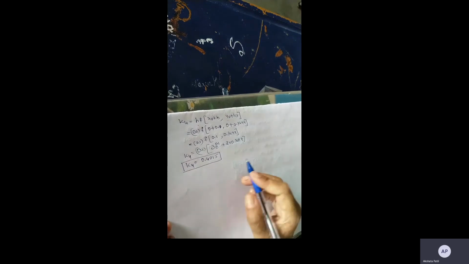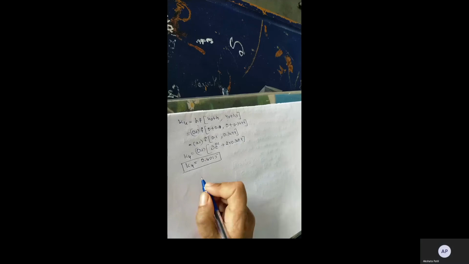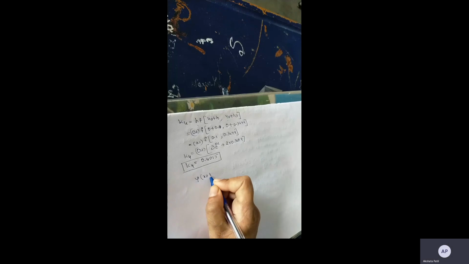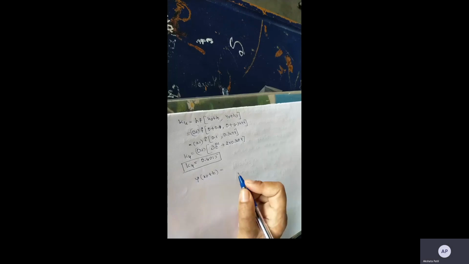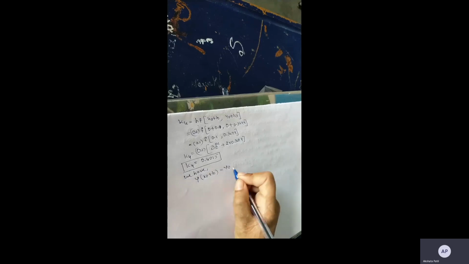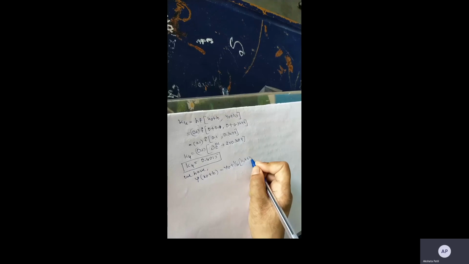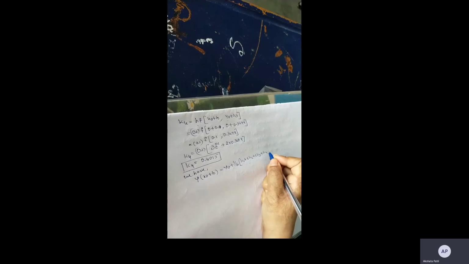So after calculating k4, we will have obtained k1 value, k2 value, k3 value, and k4 value. Now substitute all these values in this formula y of x naught plus h and calculate y of 0.1 value. Okay, so here we have y of x naught plus h, which is equal to, formula is y naught plus 1 by 6 into k1 plus 2k2 plus 2k3 plus k4. Okay, so this is the formula to calculate y of x naught plus h. So we can write it down here.